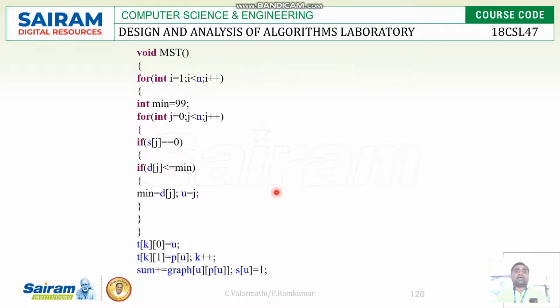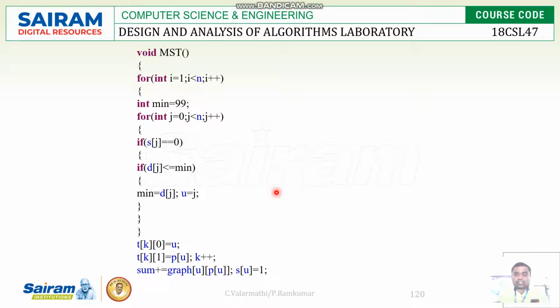Then the minimum spanning tree. MST stands for minimum spanning tree. The minimum spanning tree should not have any cycle. For this purpose, as we have a graph as an input, that is, an adjacency matrix as an input, it has a certain set of rows and columns. So two different for loops we have to use. Then each and every time we have to check the destination, whether it reaches the minimum value from the source or not.